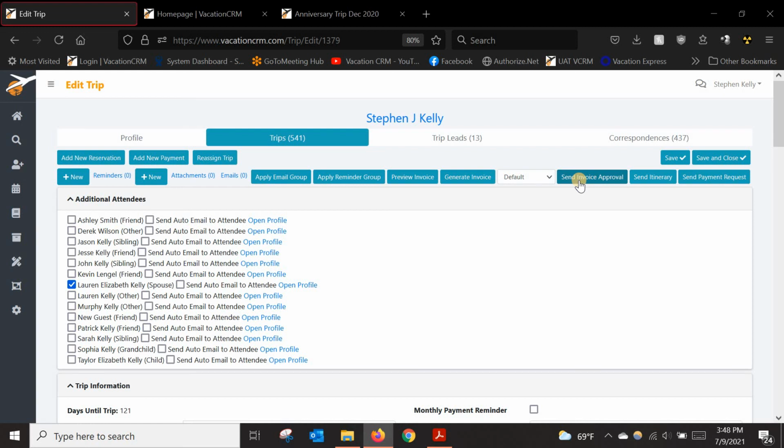And what these are designed for would be this step right here. So if this were a real booking, the client filled out the registration form, I went and booked it to put it on hold with my supplier, and then I put it into VacationCRM. So right now it's just on hold. There's been no deposit being made. I haven't even sent the client the invoice because at this point I would want to send them an invoice